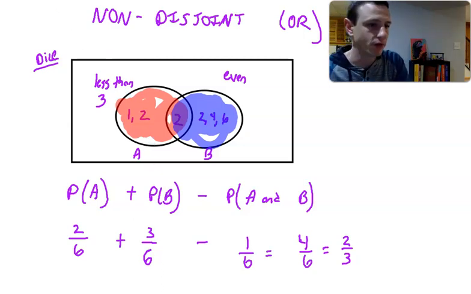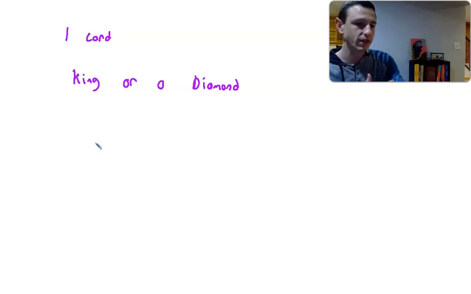So that is the formula for non-disjoint events. When we have overlap, we want to subtract off the overlapping area. So A plus B minus A and B. So let's take a look at a card question. So talking about cards, let's say I'm pulling one card from a standard 52 card deck, and I want to know if it's a king or a diamond. So what is the probability of the card being a king or a diamond? So we take the probability of a king